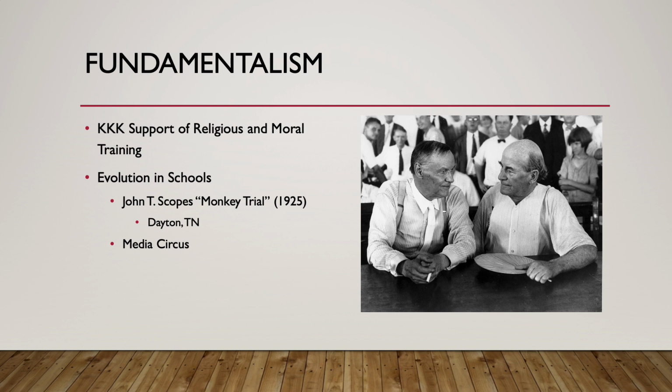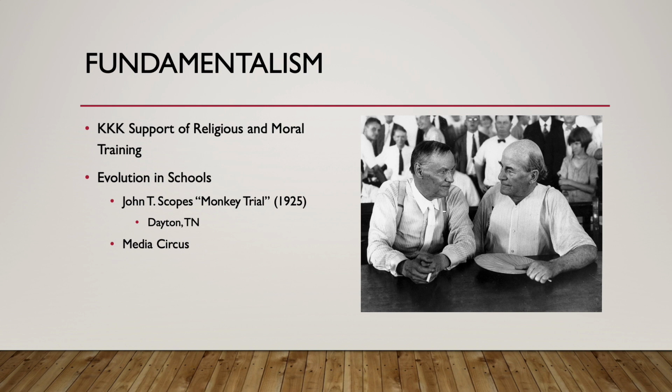I have two pictures here of two men. On the right-hand side is William Jennings Bryan. Bryan had been a progressive and had run about 6 times for president of the United States. On the left-hand side is Clarence Darrow, a very well-known and respected criminal lawyer. He came down and volunteered to represent Scopes, the teacher, while William Jennings Bryan, the politician, came in to